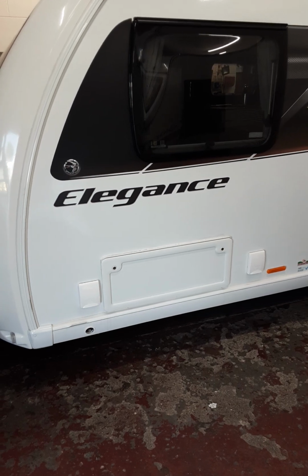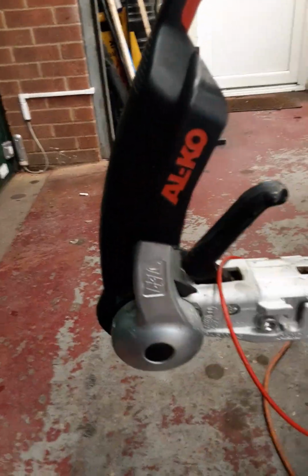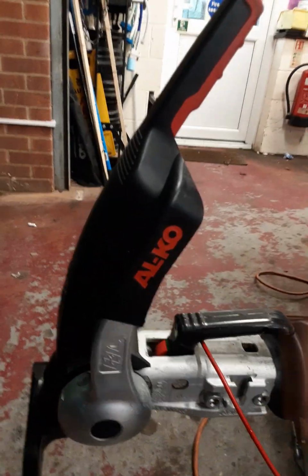We have a Swift Elegance 565 coming to the front of the van. We have your coupling head with both the levers in the upright position. It is ready to receive a tow ball. Once the tow ball is on, the rear handle will drop down, and then you're ready to drop your stabilisation